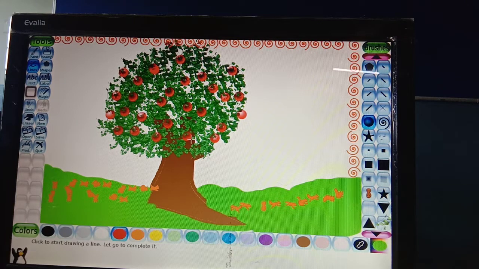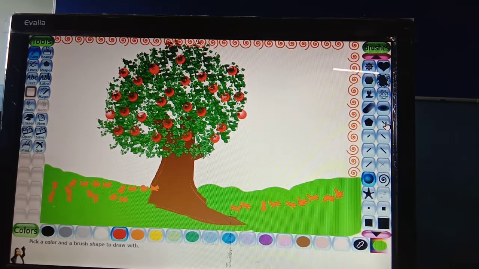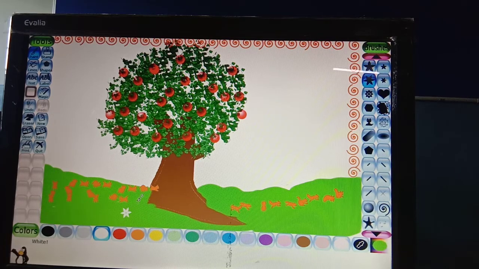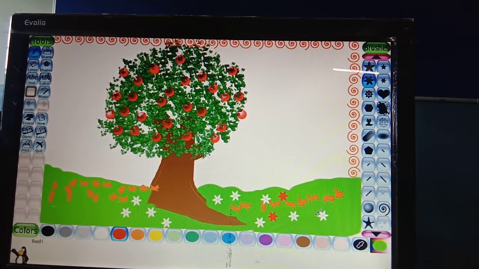Because of this feature of the paint, we can choose others also, just like these flowers. For example, your flowers are falling down. You can choose the color and can change the color also, just like these flowers.